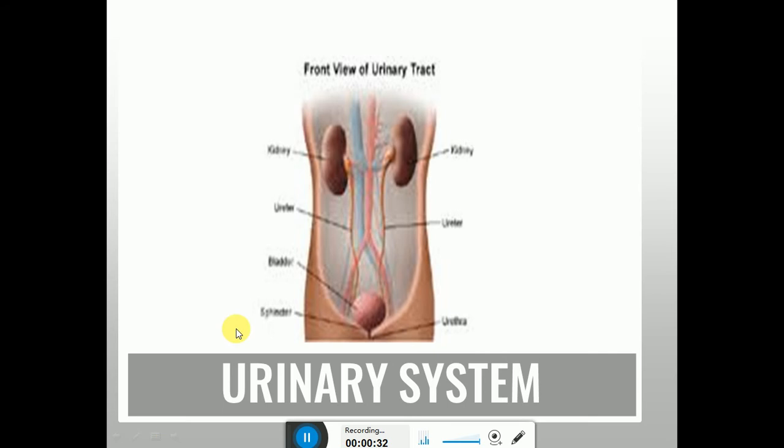So these are the basics of the urinary tract. It contains the kidneys, right kidney and left kidney. This is the ureter, and both the ureters open into the urinary bladder. And then there is the urethra. So this is the basic gross anatomy of the urinary system. When we study this gross anatomy with the help of a radiological study, that is called pyelography. And the radiograph, the film which will be obtained, is called a pyelogram.